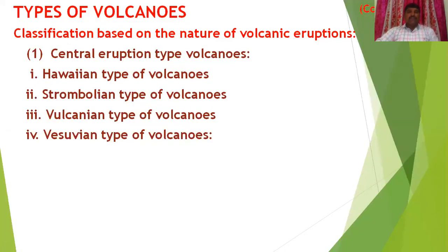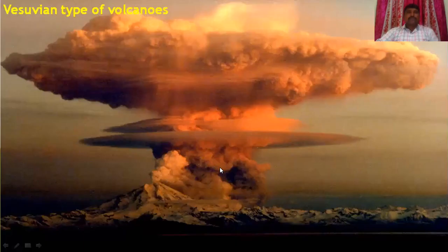And the fourth one is the Vesuvian type of volcanoes. These are also known as the Plinian type of volcanoes. The picture on the screen discloses to you the Vesuvian type or the Plinian type of volcanoes. The Plinian eruptions, which are also known as Vesuvian eruptions, are a type of volcanic eruption named after the historical eruption of Mount Vesuvius in 79 AD, which buried the Roman town of